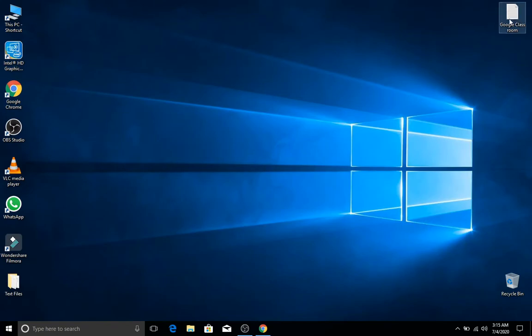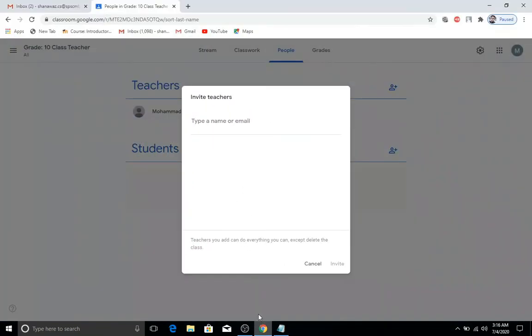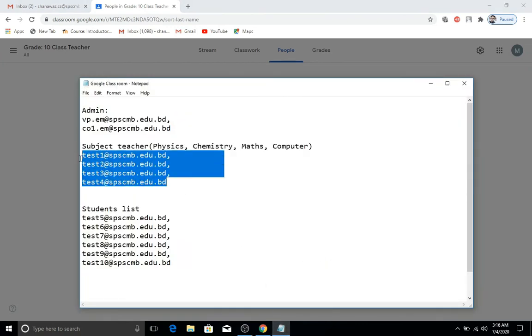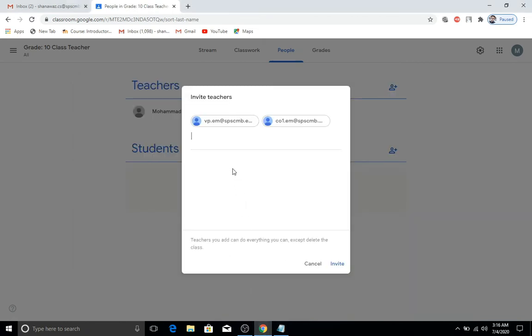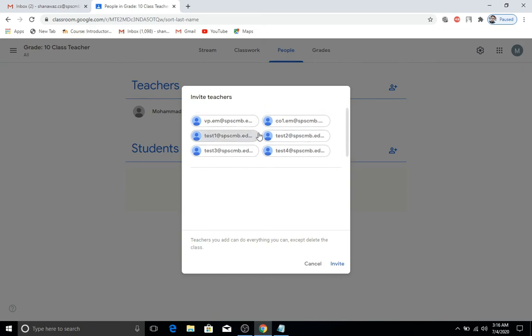So I'm taking all, first the admins, then I'm bringing all the subject teachers. So here we are in total 6 persons. After adding, you have to click on invite.